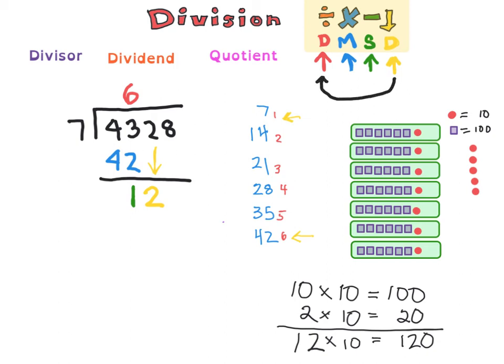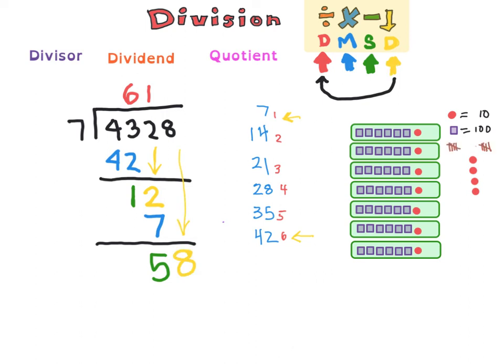We're starting over. 7 comes out of 12 one time. Put your 1 in the quotient above the tens place. This is your division step. 1 times 7 is 7. Your multiplication step. Subtract. 12 minus 7 is 5 boxes of 10. Then bring down your last 8 peanuts. 5 boxes with 10 in each box is 50 peanuts, plus our last 8 peanuts for a total of 58